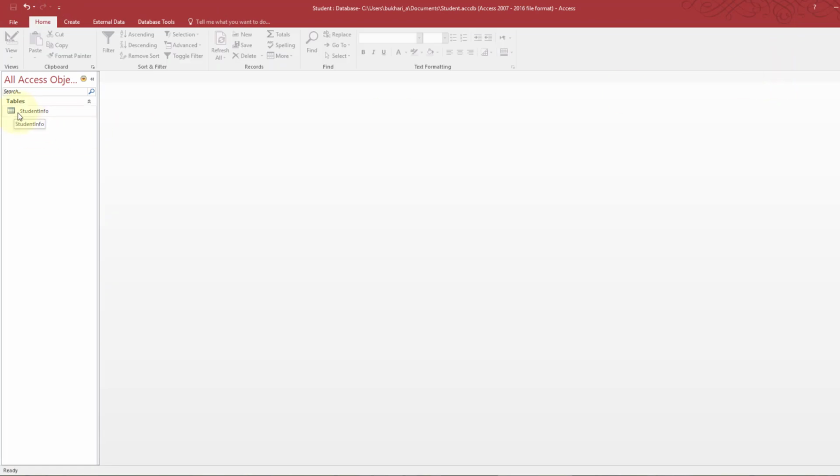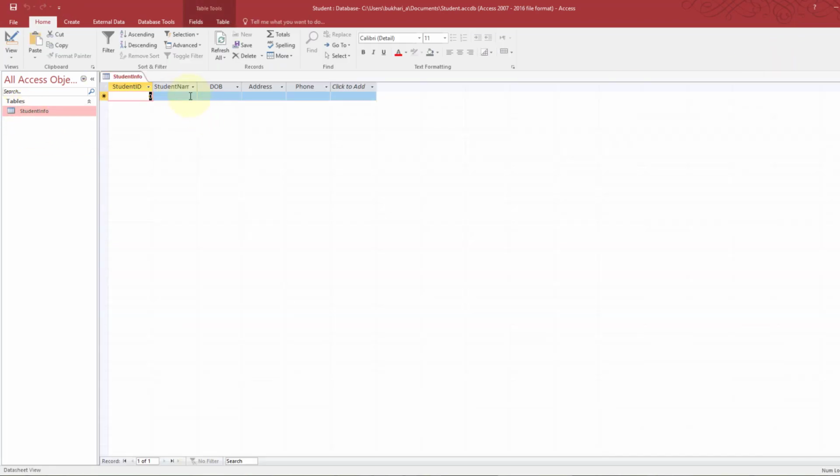So now when you click this table, you can see here it gives us the option of entering the fields. So here we can enter the student ID. Here we can enter the student name. Here we can enter the date of birth. Here we can enter the address.